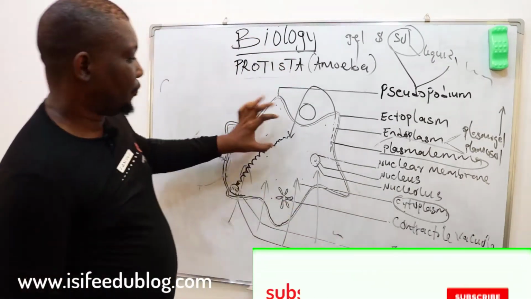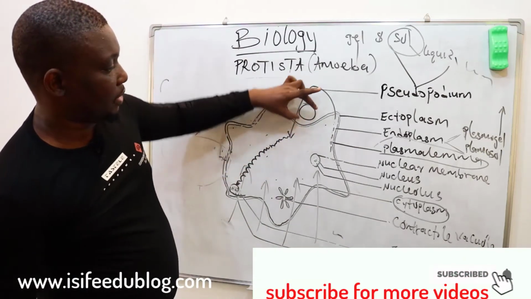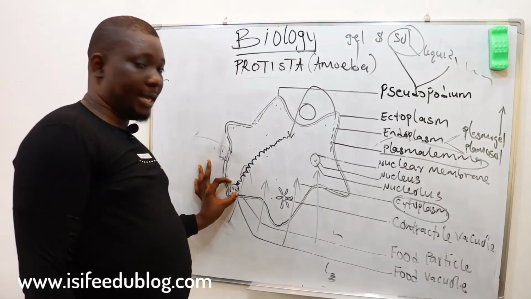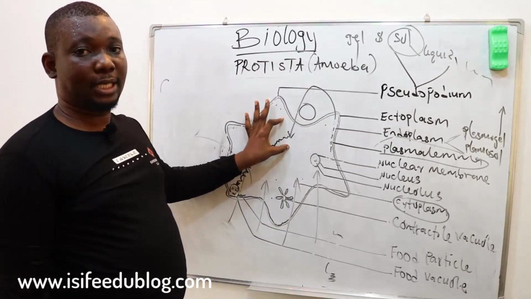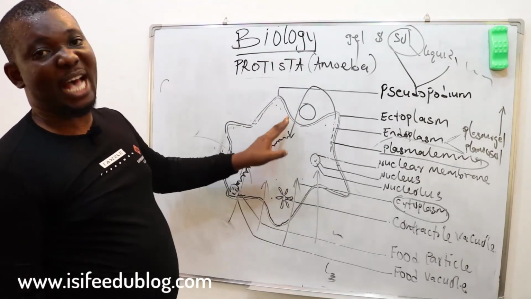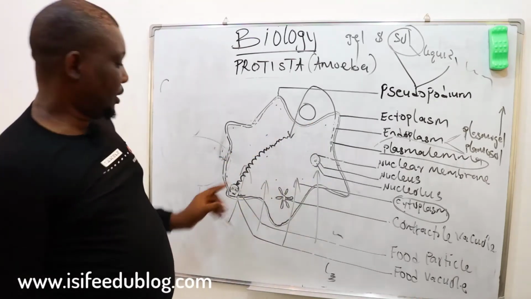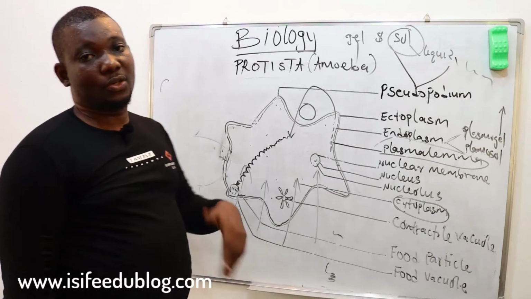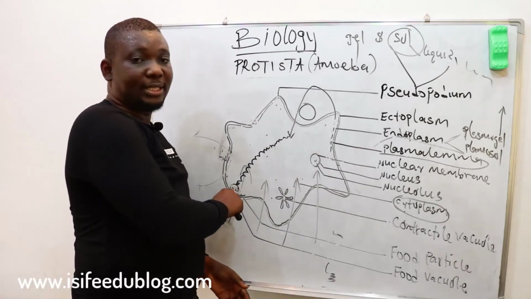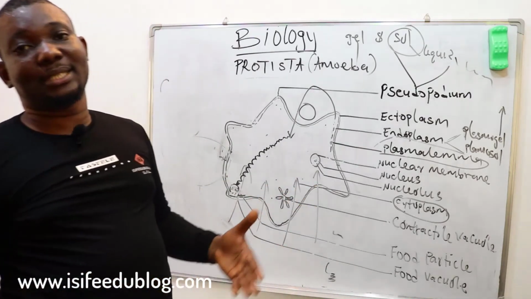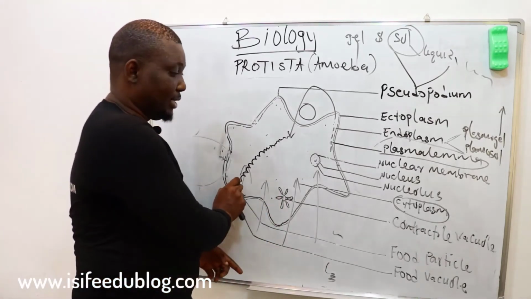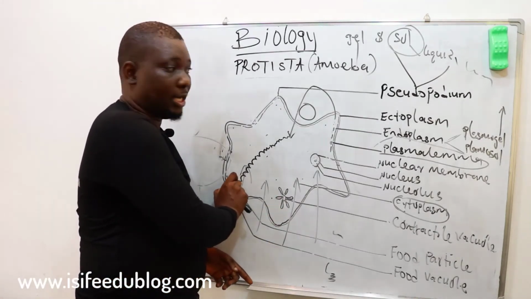The food vacuole is where food engulfed from this particular point is stored. But like I said before, the food vacuole is not here until food is thrown into this cytoplasm. Through cytoplasmic streaming via diffusion, this food vacuole is formed. It is in this food vacuole that digestion takes place, because it is in this place that all the enzymes that digest different kinds of food particles are found in this particular part of this organism.